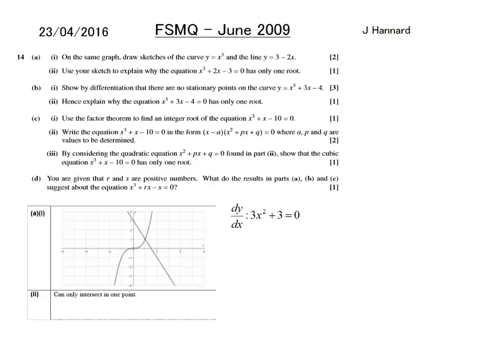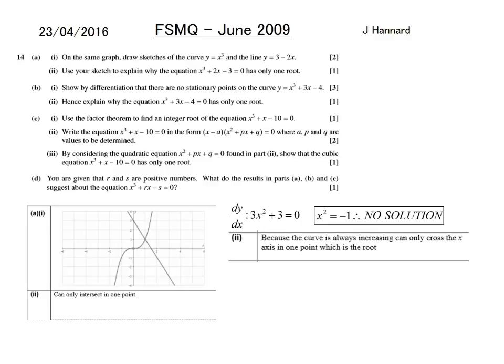So you do dy/dx, and x squared equals minus 1, therefore no solution, because obviously you can't square root a number and get a negative answer. So that's that. Really wishy-washy question. I really don't like it. Hence explain why the equation x cubed has only one root, because the curve is always increasing and it can only cross the x-axis in one point, which is the root,